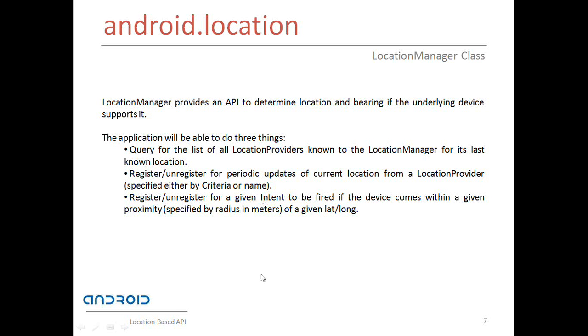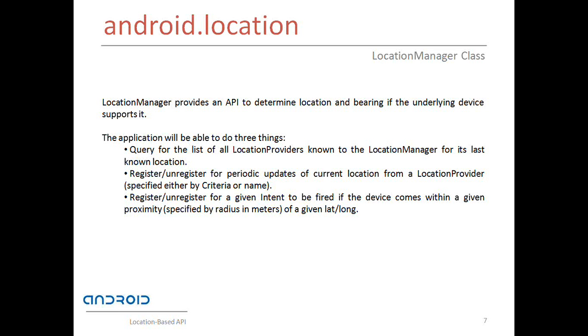Register or unregister for a given intent. This is point number 3. Register or unregister for a given intent to be fired if the device comes within a given proximity, specified by a radius in meters, of a given lat long. This means that